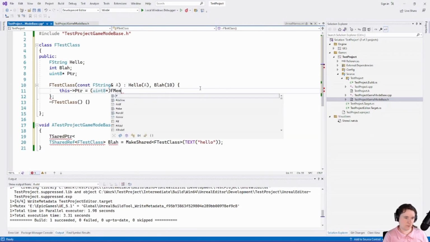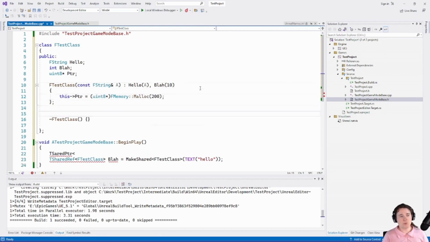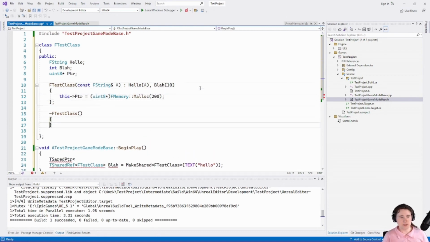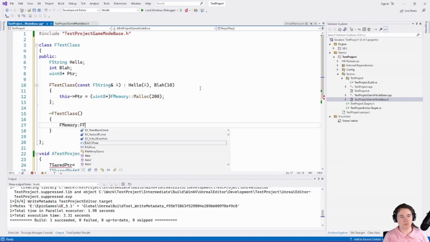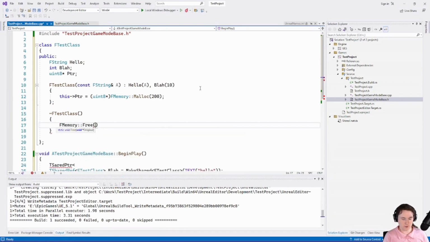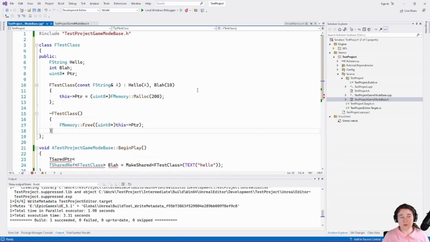a pointer with FMemory::Malloc, allocating 200 bytes of memory onto the heap, then I would still be responsible in my class's destructor for calling FMemory::Free on that pointer, right? The shared pointer system is not going to do that for me. It will call the destructor on FTestClass when it's time for it to go away, but we still have to manage the memory inside of